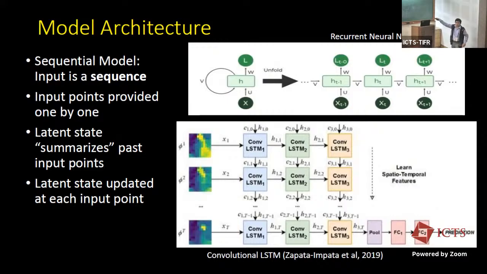Then at t equal to 3, the next input comes in. Again, it is combined with the previous values and then stored. So when we consider this ht, it has the memory from the previous steps as well as the input which is being received at that step. So the whole sequence is being digested by your model step by step.